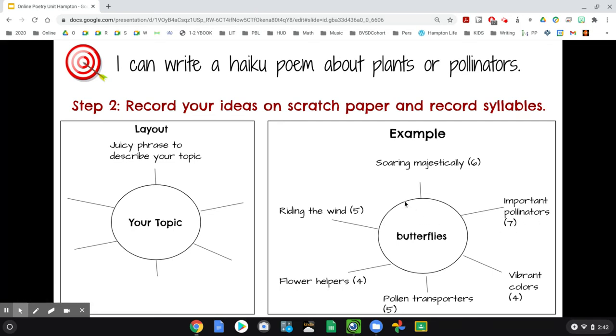Okay, once you have really brainstormed, there's so many ways that you can think and record your thinking on ways to describe whatever your topic is, because the more ideas that you can get on here, the easier it is going to be for tomorrow for you to write and publish your haiku poem. Okay, so let's do some of this thinking together, and then you are going to create your own after we are done today. Okay,